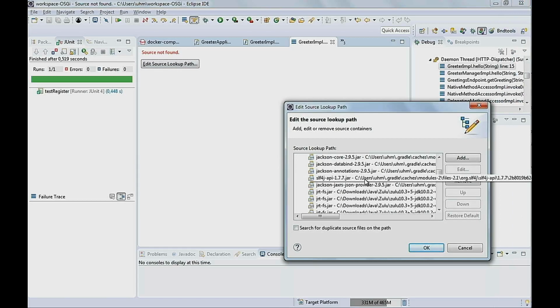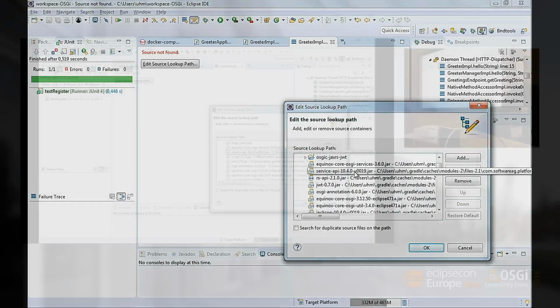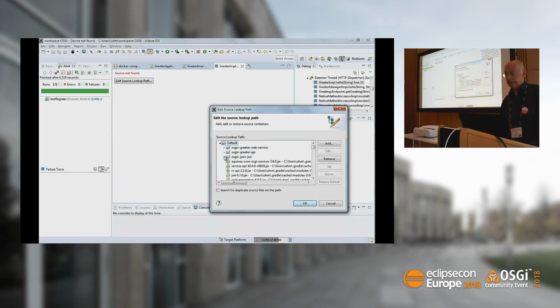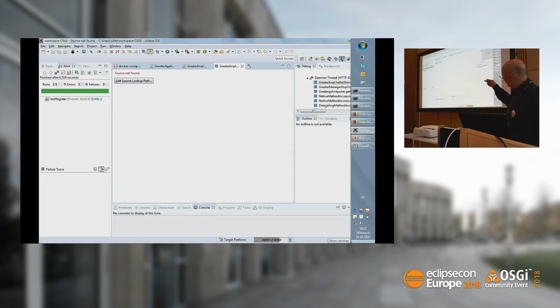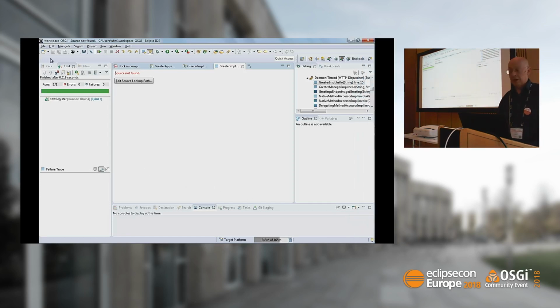Okay, I haven't added the right project, I think, to this configuration. That's why I need to add the right project to this one. So am I seeing the right one here? No, I'm not. I need this one here, I think. No, okay, so don't let me waste too much time fiddling here. I know that the reason is that I created the debug configuration, but in the debug configuration I probably mentioned the wrong project. But I think you get the idea.